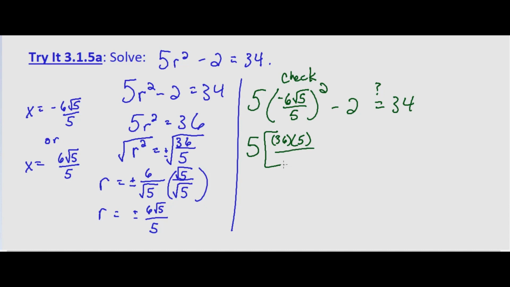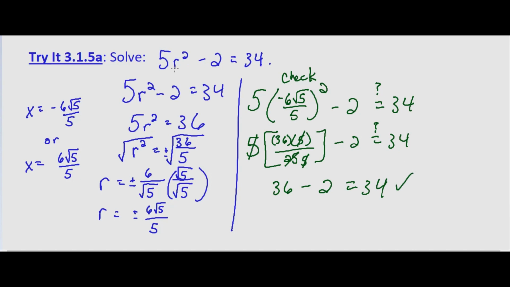And then 5 squared is 25. And again, minus 2, we want to know, does that equal 34? Well, we can cancel the 5 here and change the 25 to simply a 5, because 25 divided by 5 is 5. And then if we notice, we're multiplying by 5 on the outside, so the 5 will cancel with the 5 that's left in the denominator, leaving us with 36 minus 2 does indeed equal 34, so our solution